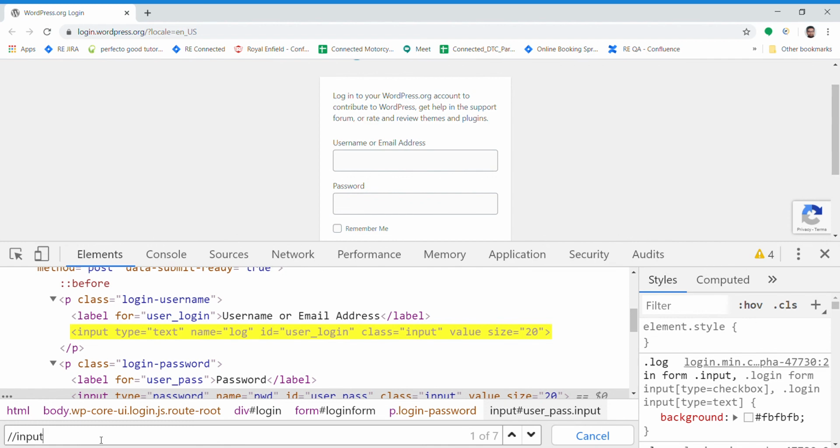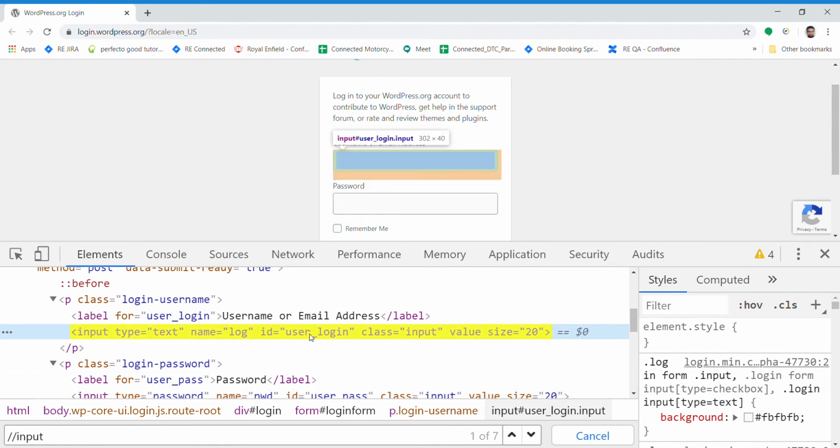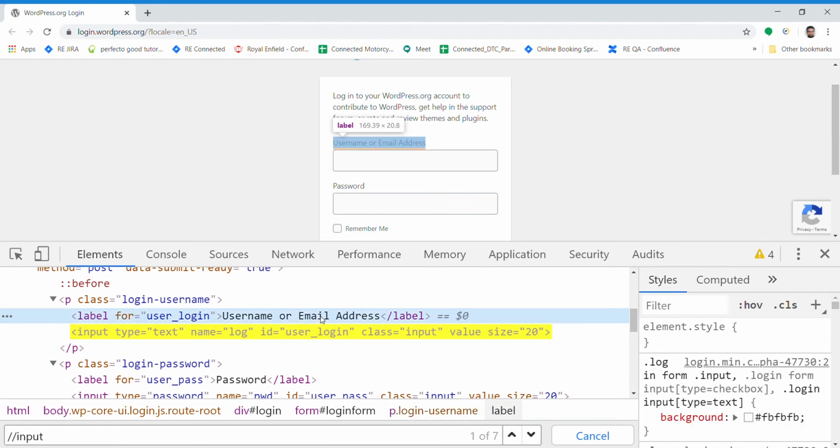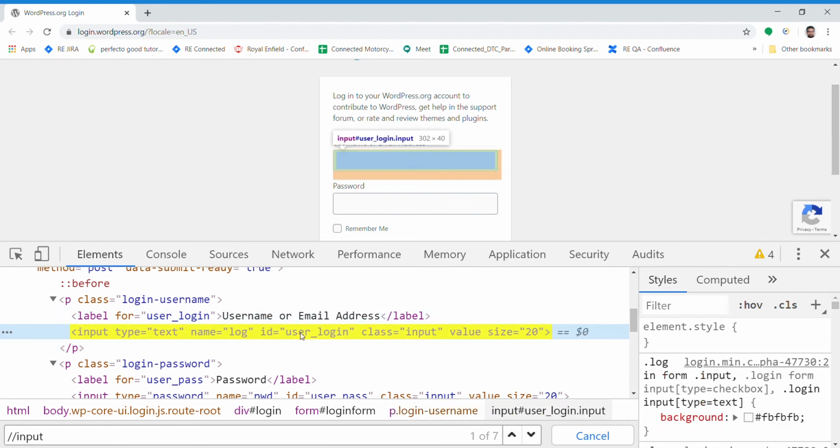So let's say I provide the ID. The attribute is typed like @id equals, in single quotes, user_login, and yay, we are able to find the single node.